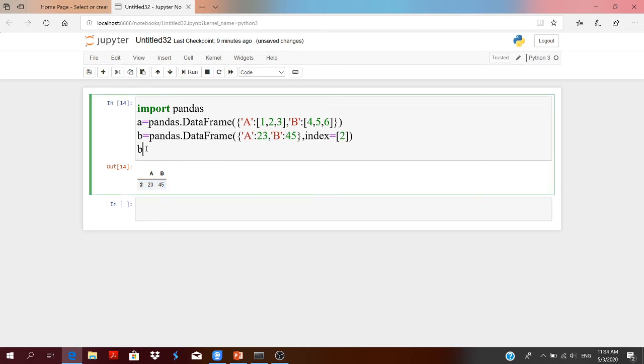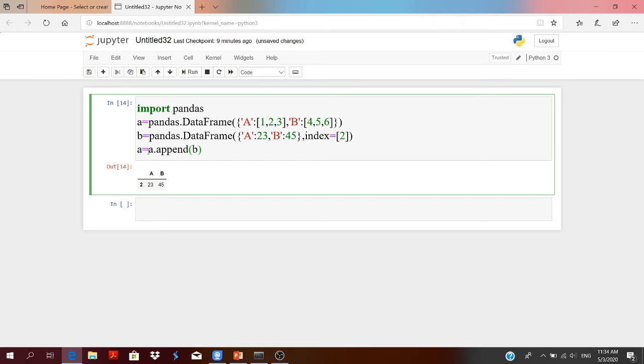Now you know what is A and what is B. Use the append function, A dot append, to add row B to A.